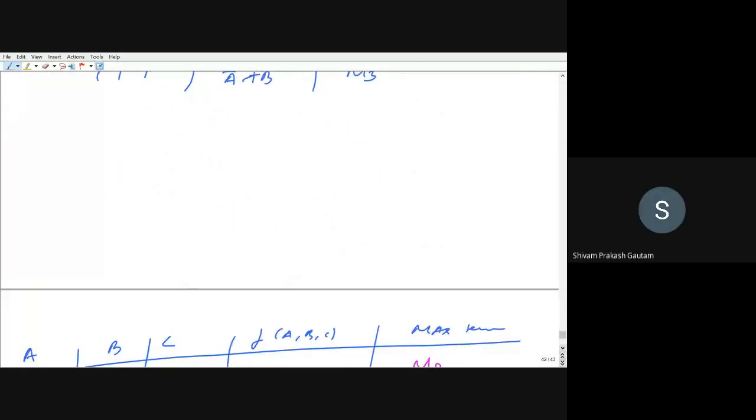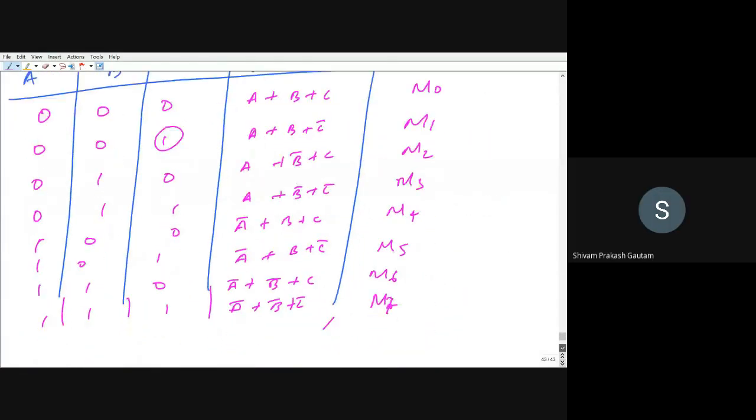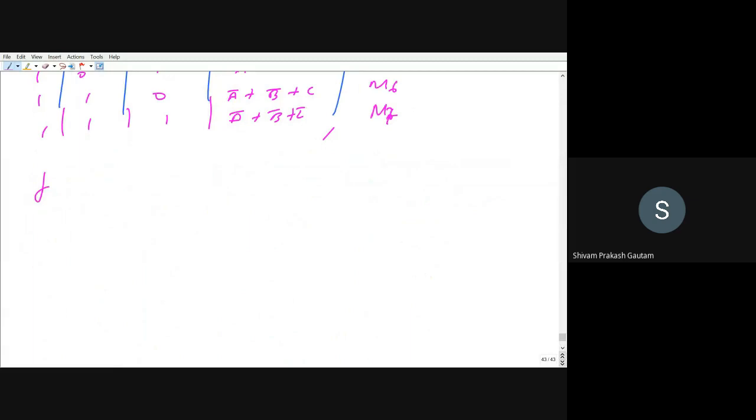Now we will see some example problems of this product of sum form. That is, if you are having two variables, a bar plus b bar, in product of sum form, you can see a plus b. This is product of sum form, right? You will get used to it when you solve some problems by yourself. Just by seeing it might get a little tricky, right? Because you can see there is a product and we are having a sum of the variables.